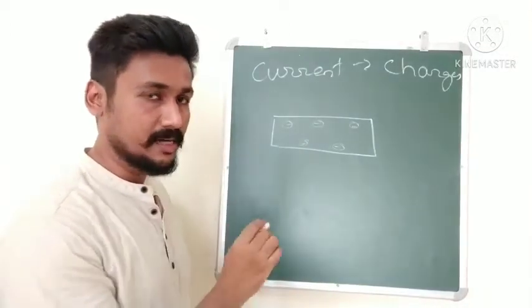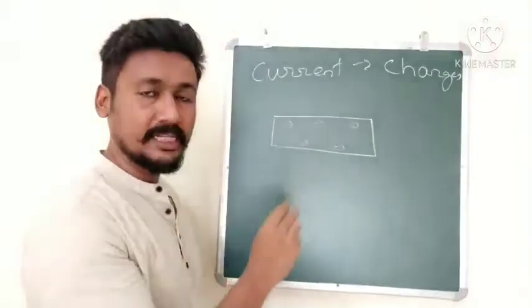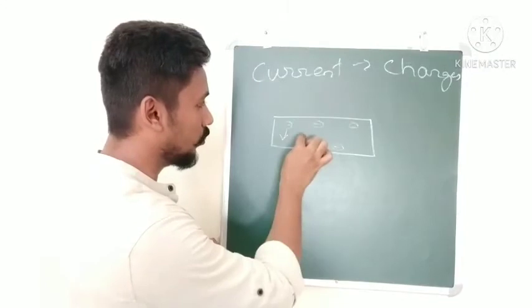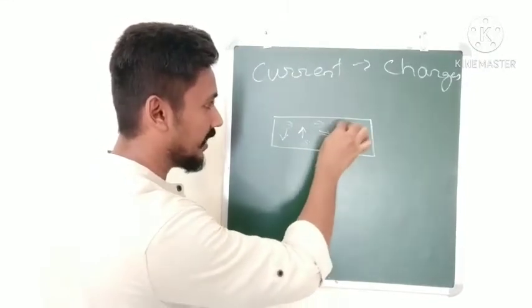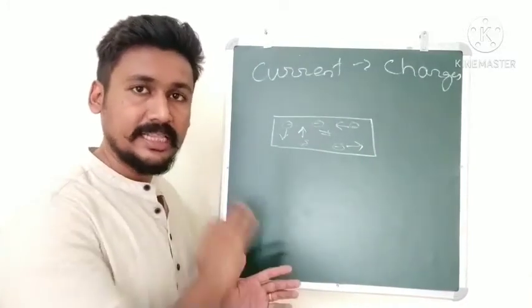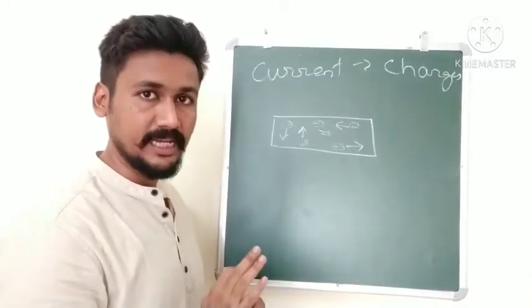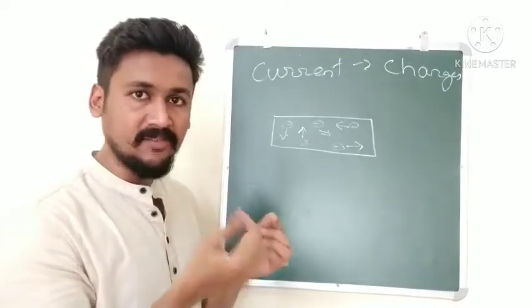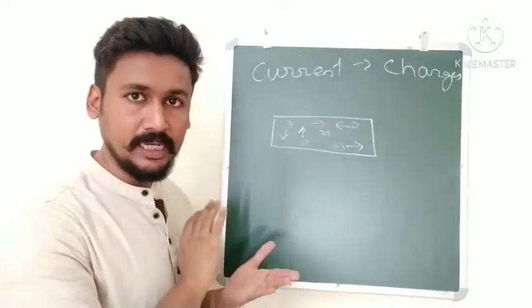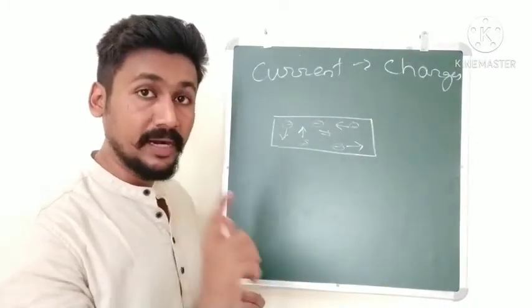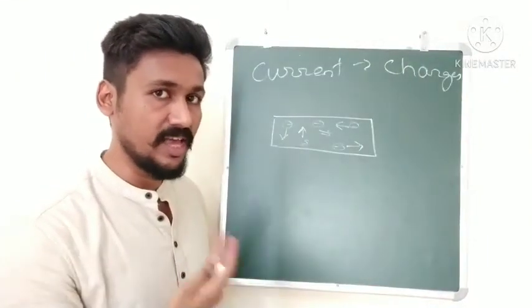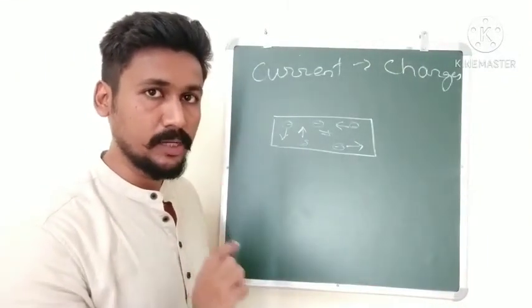Now, under normal circumstances, these free electrons, they are all moving in random directions. So there will be some electrons which will be downward, some will be upward, some to the right, some to the left. Okay, so these free electrons, as they are free electrons, they are moving in all kinds of random directions. So if you just take any wire, you don't have any electric current in that wire, because free electrons are just moving in a random way. Okay, but if all these electrons start moving in one direction, then we will say we are getting an electric current. So how can we do that?